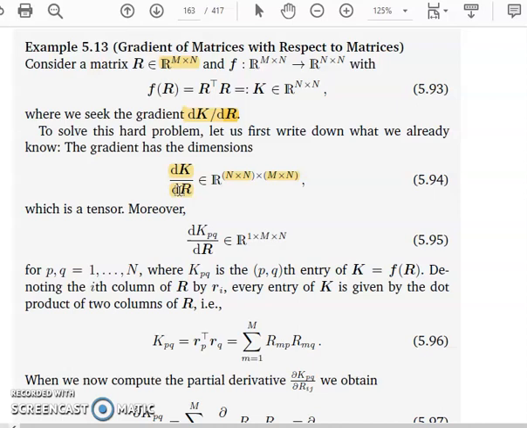For a matrix, the gradient is with respect to some other matrix; you will be finding it by differentiating with some other matrix. Similarly, in the case of a matrix with a vector, we have also differentiated, and we have seen how the matrix is transformed to a tensor. Similar is the case we will be discussing here, like how the dimensions can be turned into a tensor after finding the derivative.